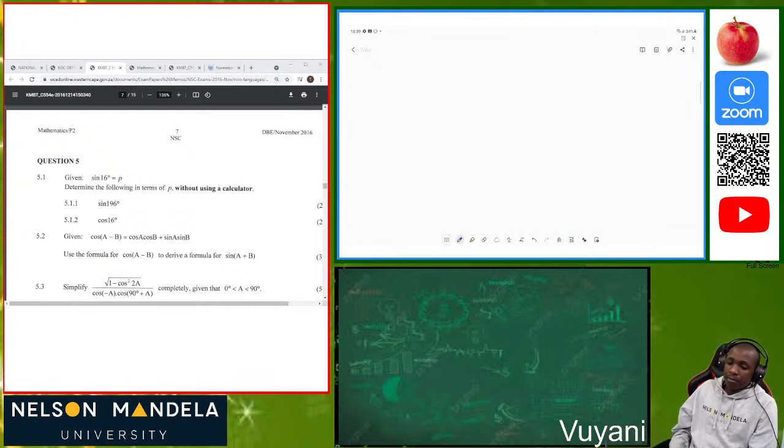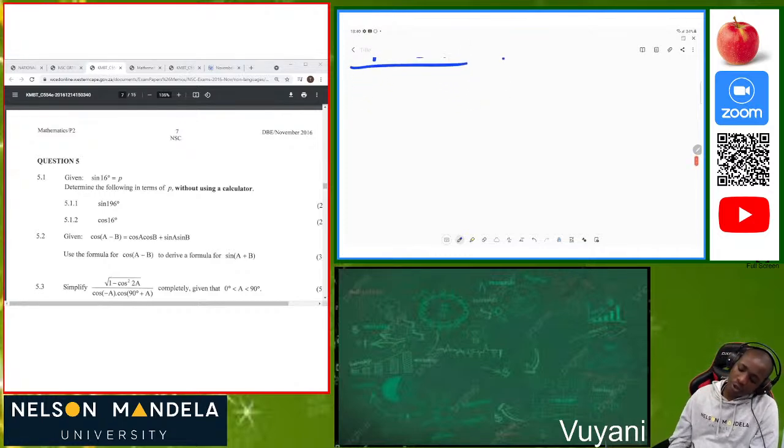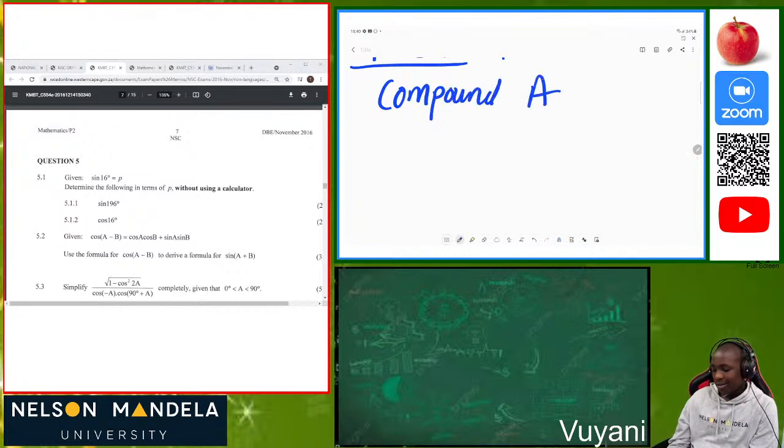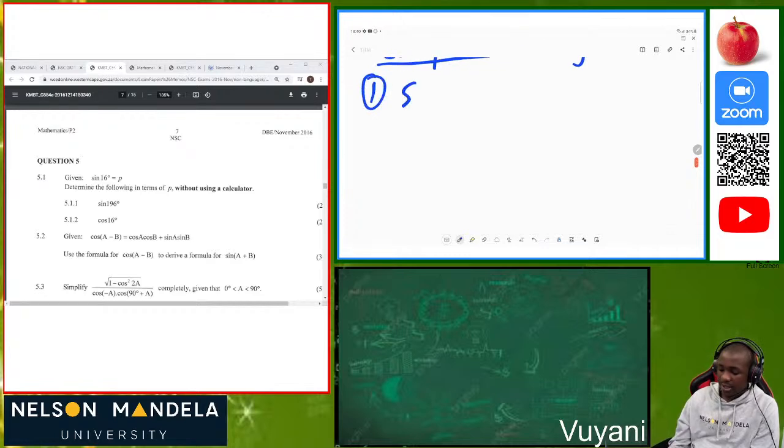Now, let's go to grade 12 trig. In grade 12 trigonometry, we taught about the compound angles. So on this one, first one, we have sine of A plus B, which is equal to sine of A